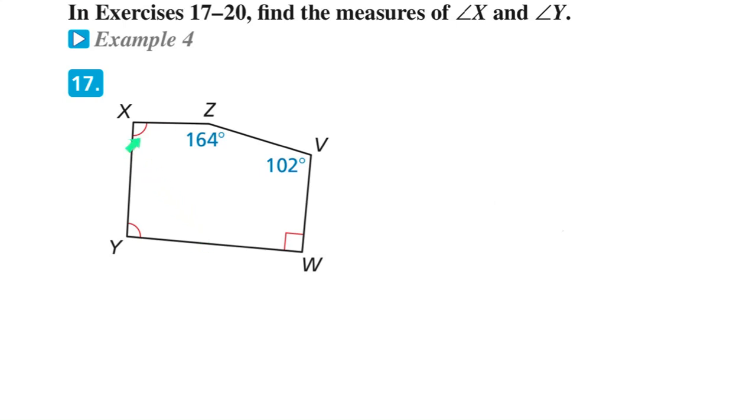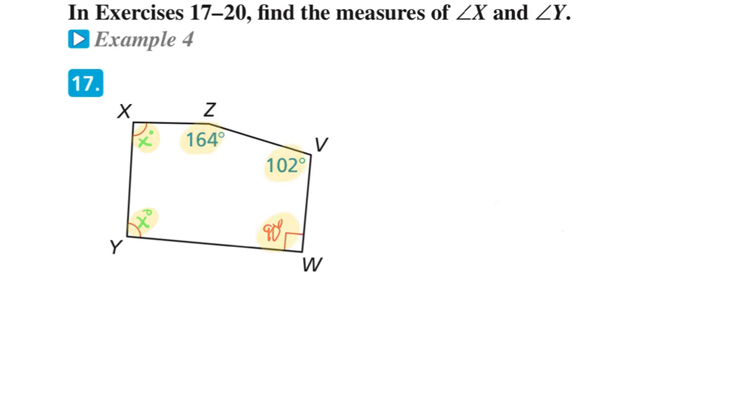All right, we don't know the measure of x and y yet, but we know that they are congruent. So let's choose some variable and use it to represent the measure of both of them. Since they're congruent, we can use the same letter. We know that this angle is 90 degrees. And we know that the sum of these angles